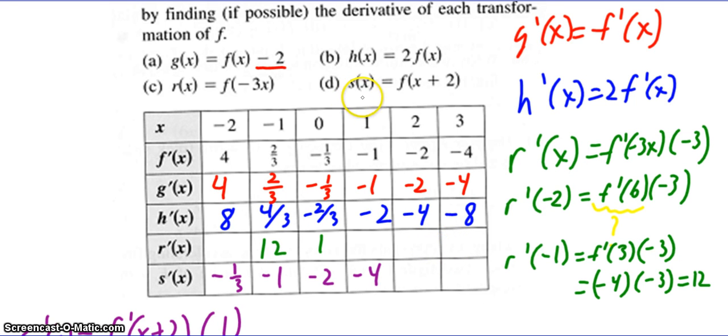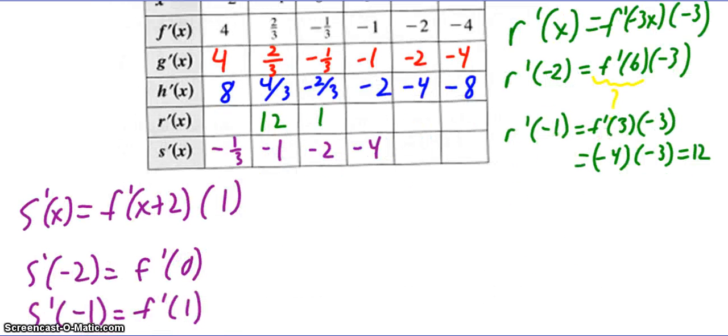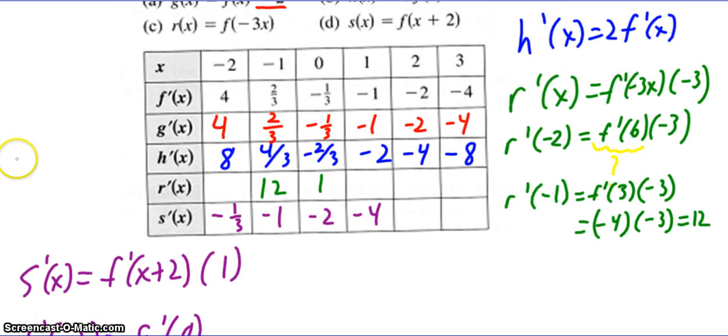How about s prime of x? Well, s of x is f of the quantity x plus 2. So again, using the chain rule, s prime of x is f prime of x plus 2 times 1. So the 1 doesn't really affect the problem. All this is saying is we're just going to shift all the values over 2 to the left. So s prime of negative 2 is actually the same as f prime of 0. S prime of negative 1 is the same as f prime of 1. And so on. And so I'm able to get s prime of negative 2, negative 1, 0, and 1, but I can't get 2 and 3 because now